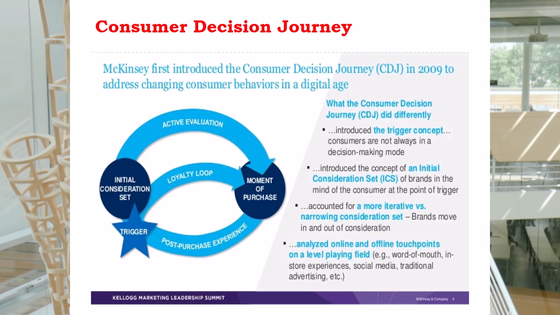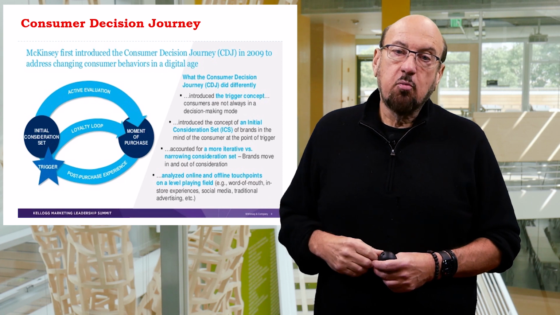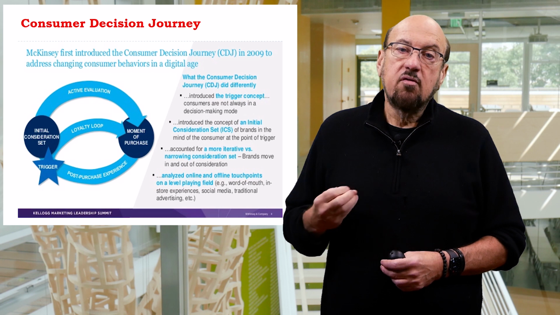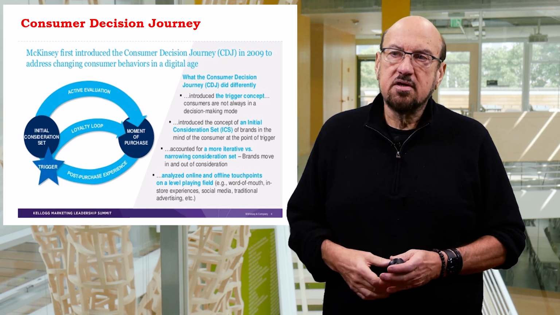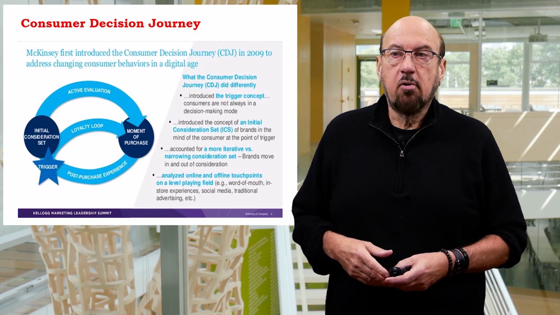So again, looking at these stages and identifying what are the critical stages, this initial consideration set. According to McKinsey, 70% of the solutions that customers choose are in their initial consideration set. So as I said a moment ago, the probability of your product, your service being selected dramatically goes down if we're not in a consumer's consideration set. We'll talk later more about this consideration set. We'll talk more about the evaluation process.